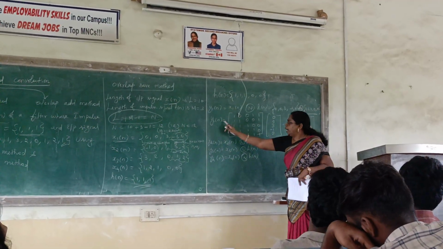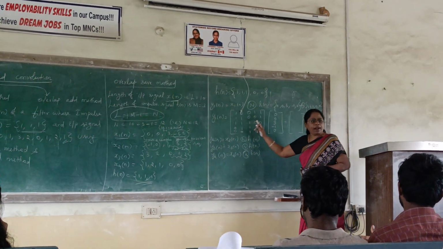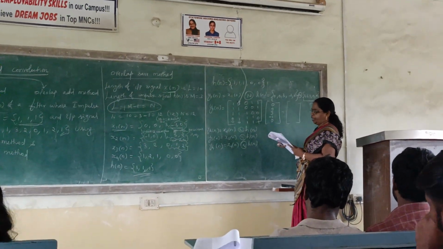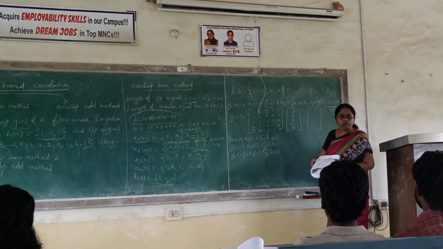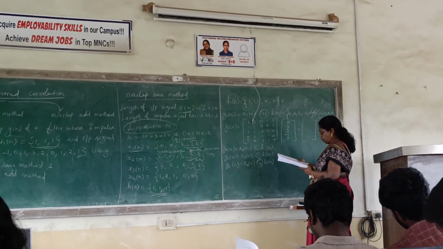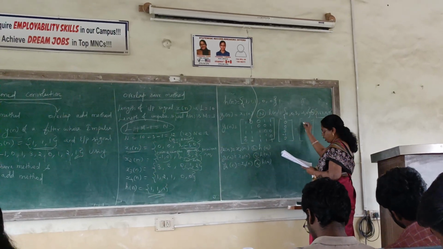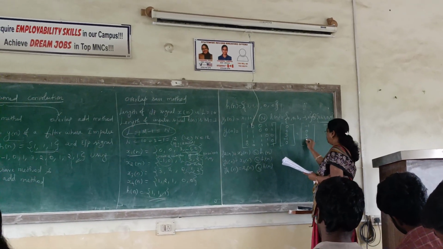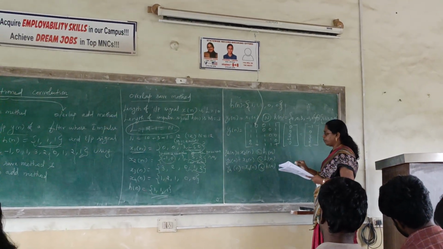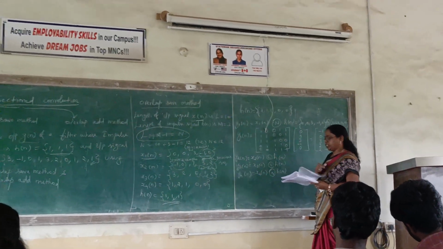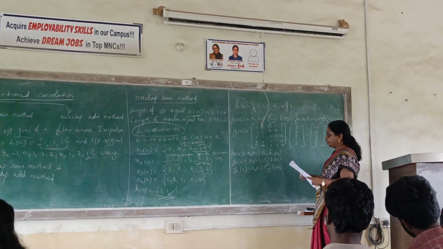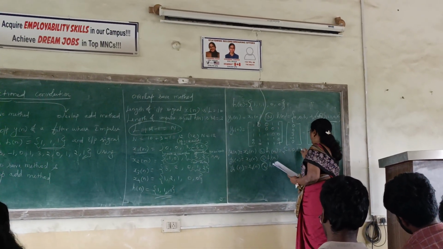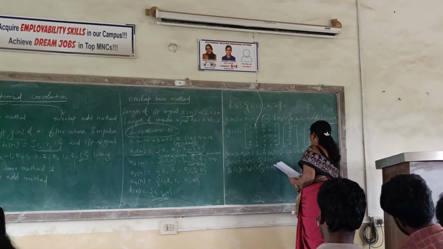I think no need to explain this again and again. So if you go for matrix multiplication, you do it and write the answer. I am directly going to write the answer over here, but you are supposed to solve and then write. If you convolve these two, the answer is, check your answer, minus 1, 3, 2, 2. Is it correct? x2 of n convolved with h of n, can you please tell me the answer? x2 of n is minus 1, 0, 1, 3, 2, convolved with h of n.